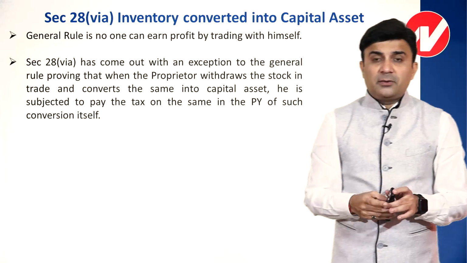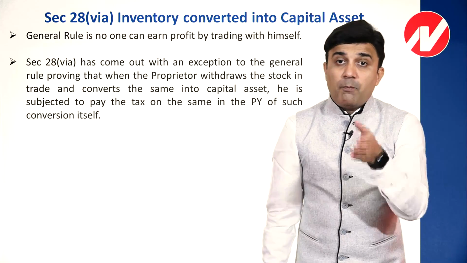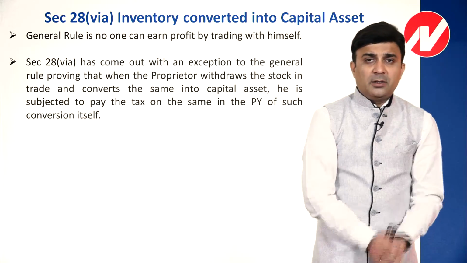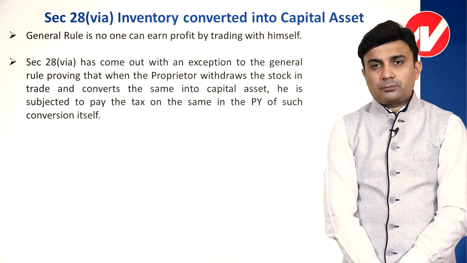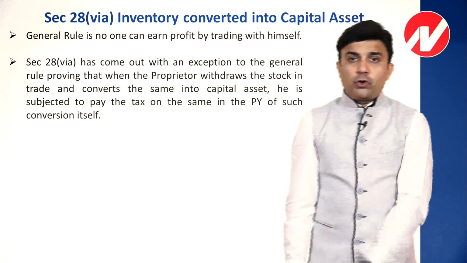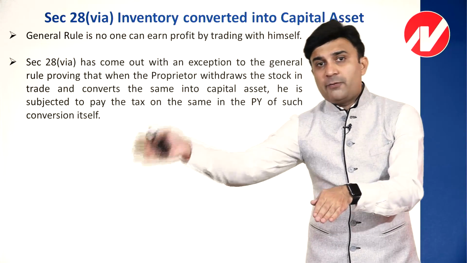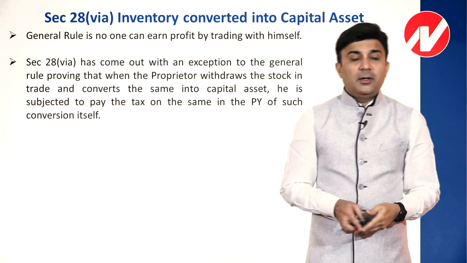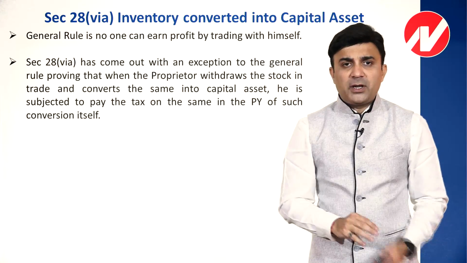So what the builder has done is, the builder has got the finance as LAP, loan against property, by converting the stock into the capital asset. And till last year, it was converted at cost to cost. There was no taxability. Mind well here, friends, that there is section 45(2). 45(2) talks about capital asset converted into stock in trade and thereafter sold off. But here the situation is not capital asset converted into stock in trade. Here the situation is stock in trade converted into capital asset, and till previous year 17-18 it was not taxable